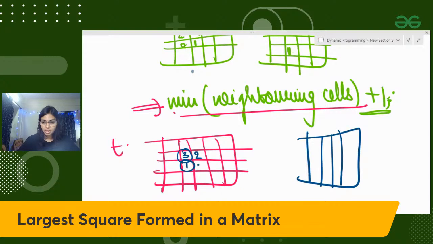Why? Because let us say we have this as 0, and this as 1, 1, 1. If you are updating the size of the square for this, you can't update it, because let us say here we have the count of 1 as 1, here we have the count of 1 as 1, and here we have the count of 1 as 0. So if you are trying to update it,